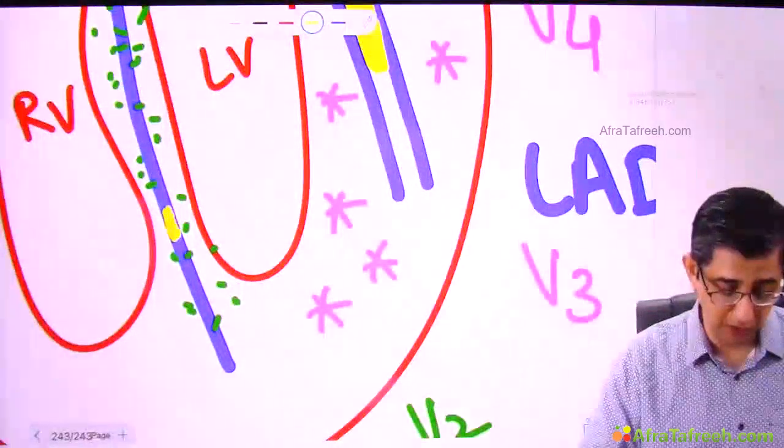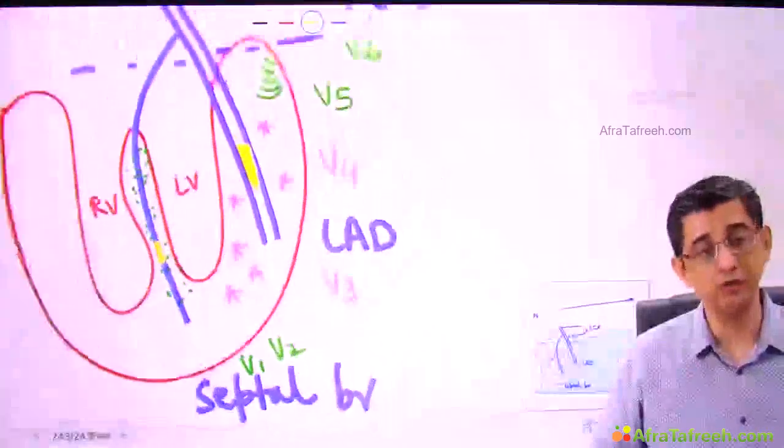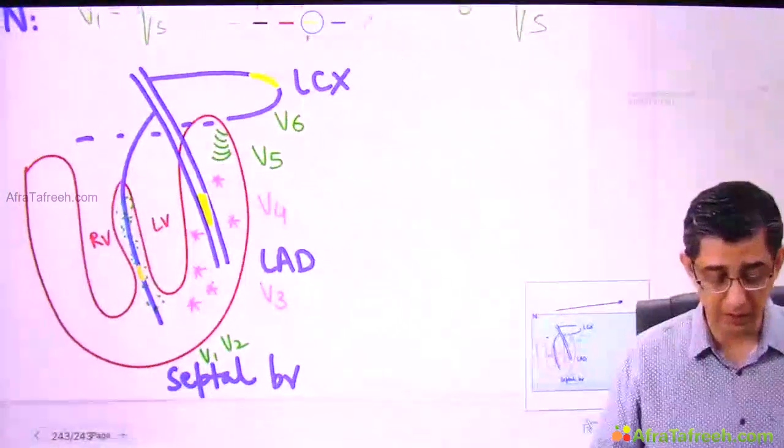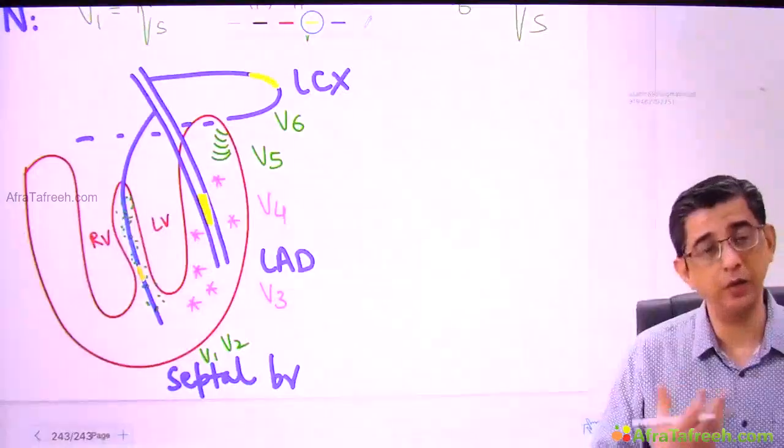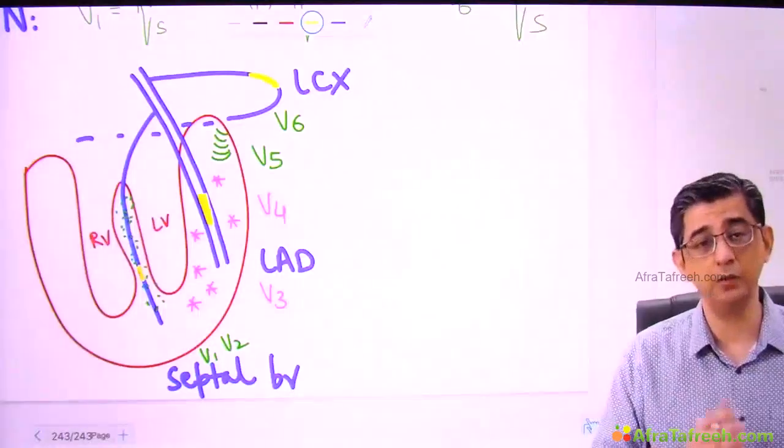On the other hand, if there's a thrombus developing in the septal branch, then the electrodes which have been strategically placed to scan this area are electrodes V1, V2. So the message here is, let me say if a person is having septal myocardial infarction, then V1, V2 will read. If it is anterior wall MI, then it is going to be V1 to V4.